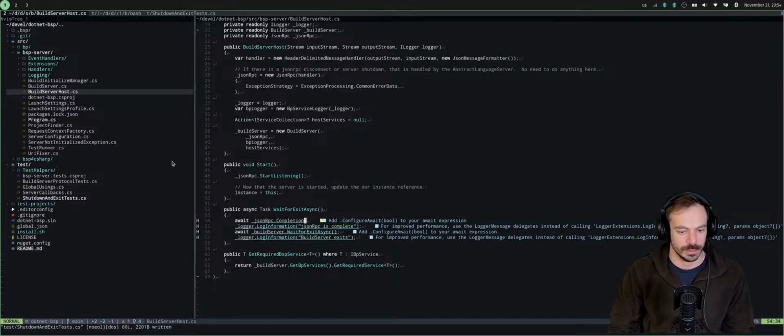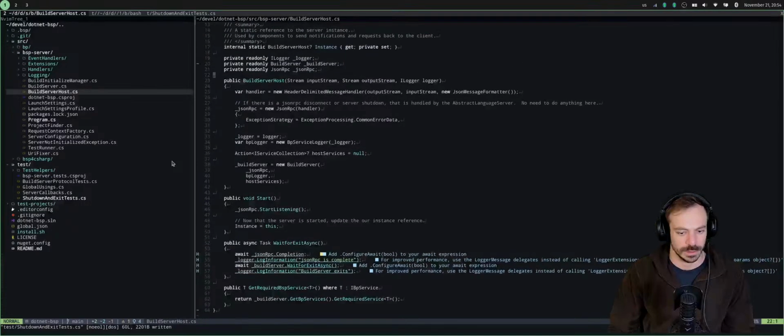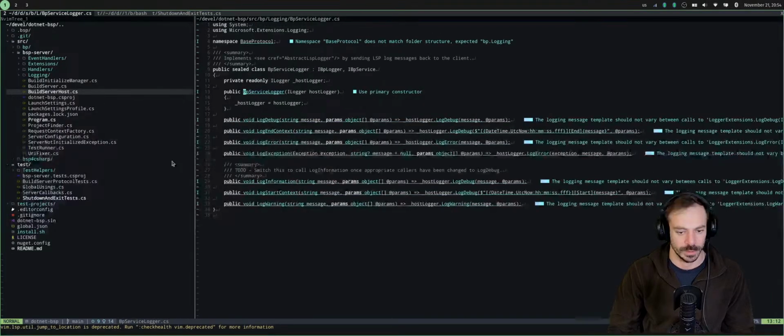This cannot work because the logger actually writes to the host logger, and where does the host logger write to?